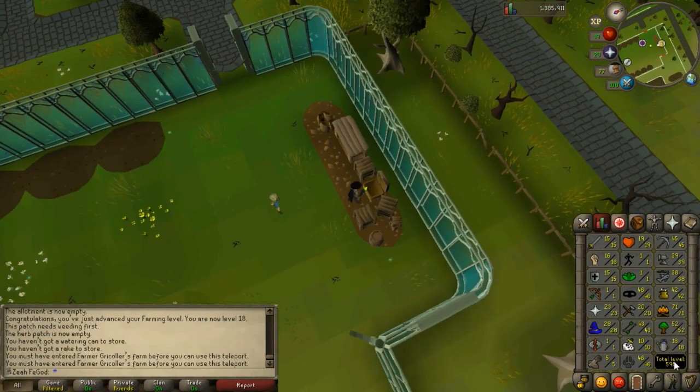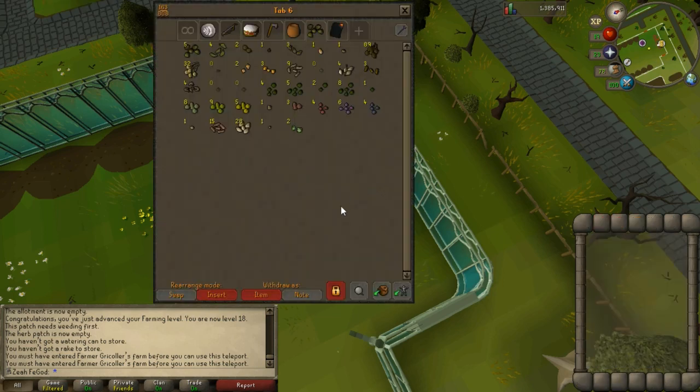Just finished farm run, and I'm a bit short of 19 farming. One of the issues I'm having right now is I'm running out of decent tier seeds. I'm running out of my cabbage and tomato, so I've been having to use onion. I've also run out of guam and marrentill herb seeds, and I can't plant tarromin yet because that's at 19. I've also run out of rosemary seeds, so I had to plant marigold seed,